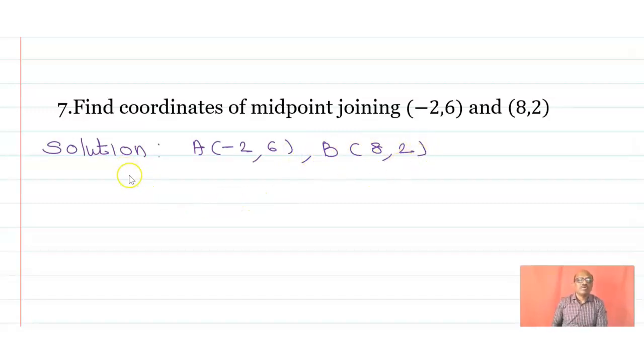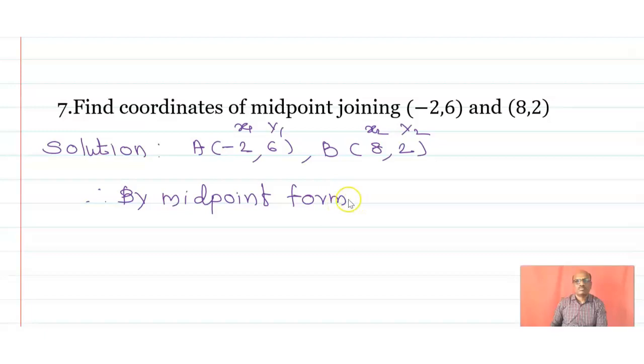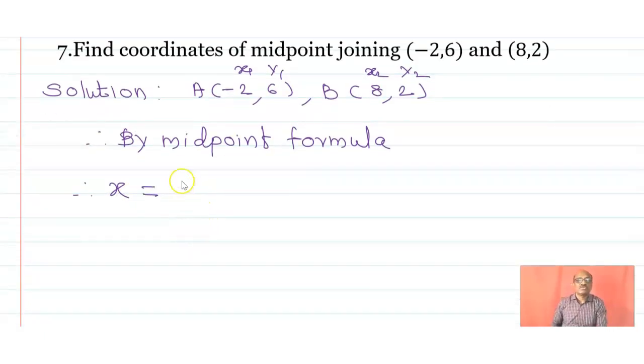By the midpoint formula, if we treat this as x1 and y1, and this as x2 and y2. Therefore, by midpoint formula, okay, therefore x is equal to x1 plus x2,